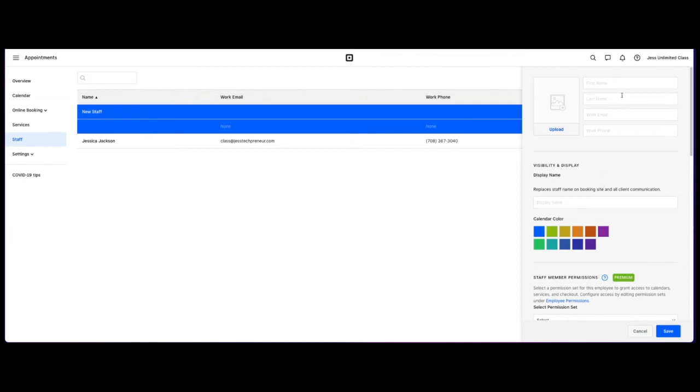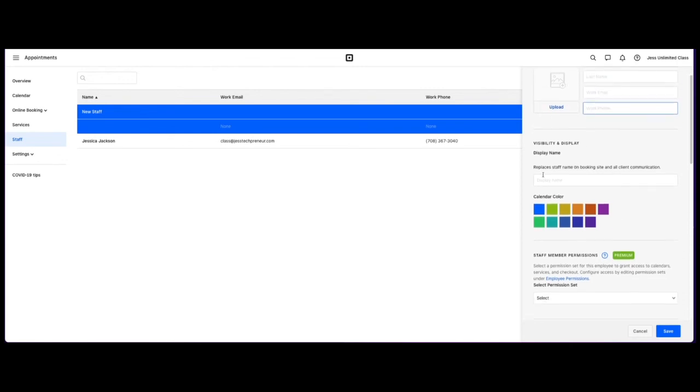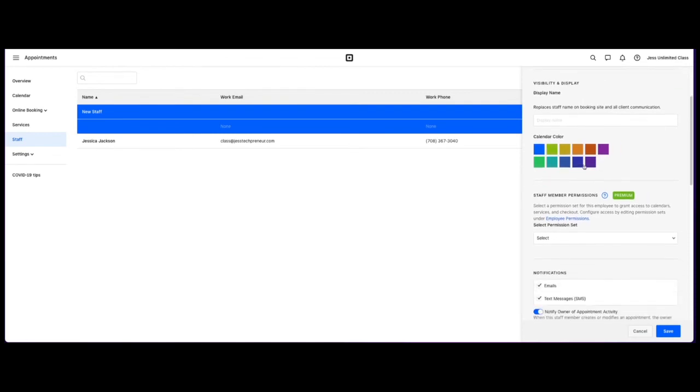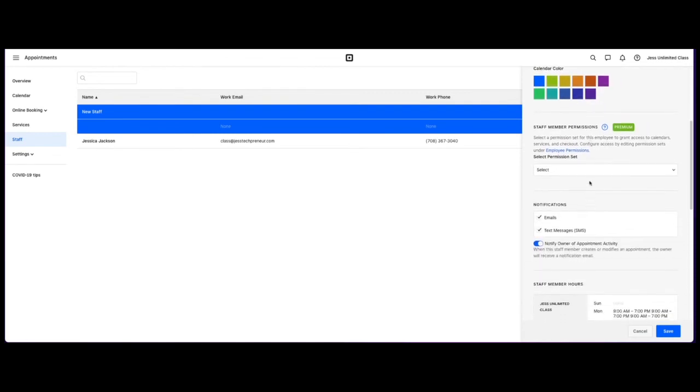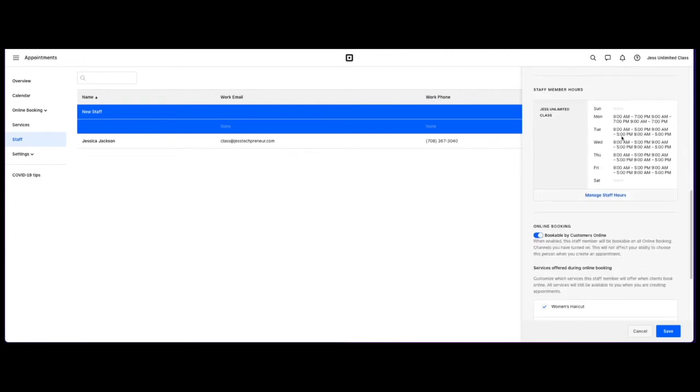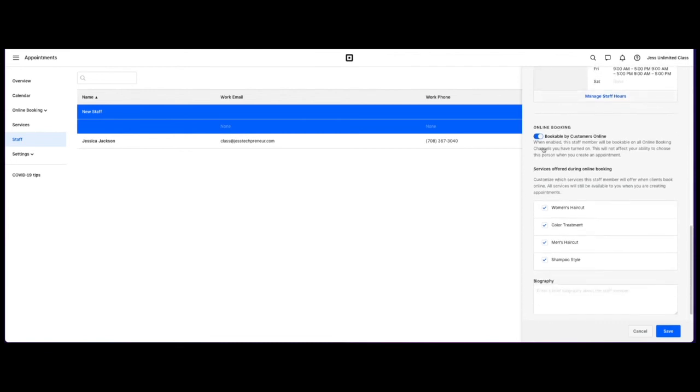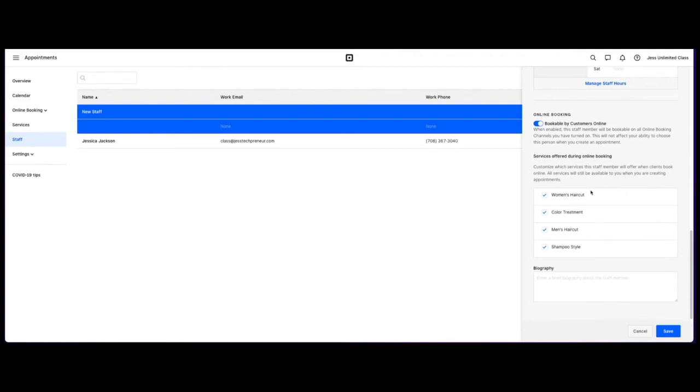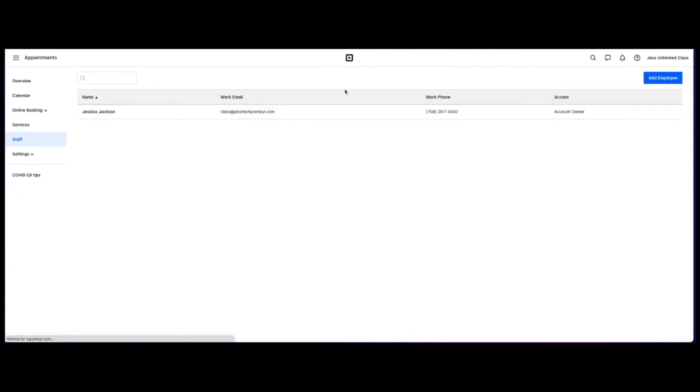But if you would like to add them, you put their name, email, phone number, picture. If you want their name to display different, what their calendar color is, their permission set, how they will be notified, what the staff member hours is, which can be outside of the business hours. If this employee is bookable by a customer online, what services they do and don't, and then a quick bio. And then you'll click save and they will be added